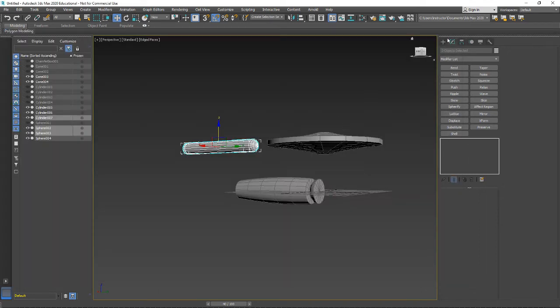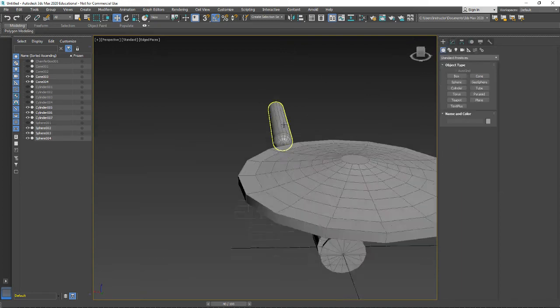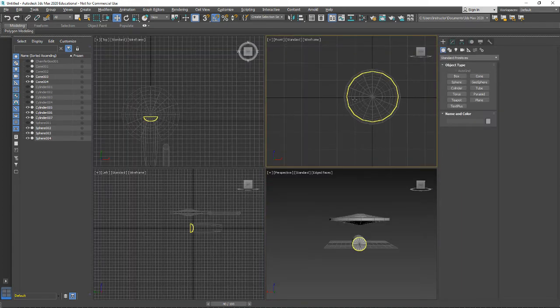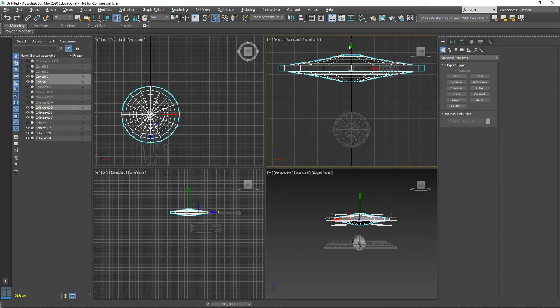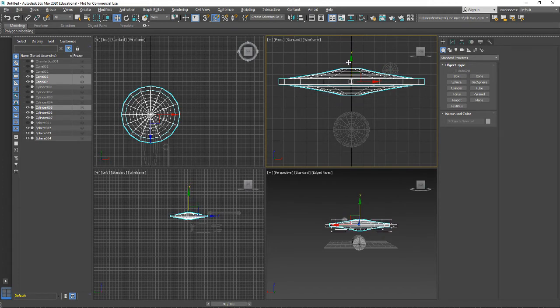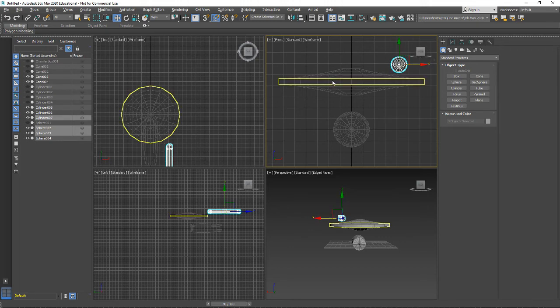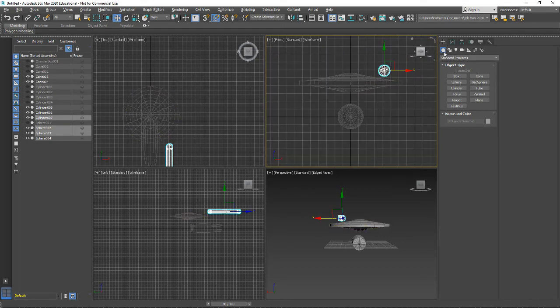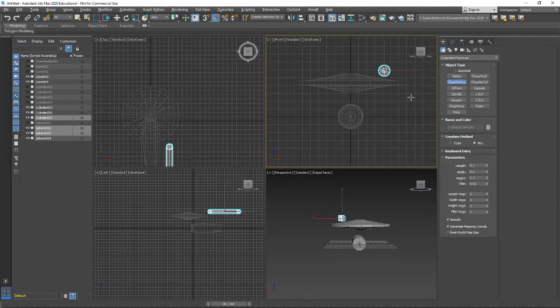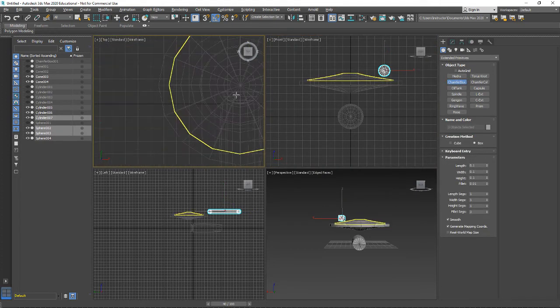If I go back to my create panel, let's get lined up here. A little lower, a little higher. I could do this all day. All right, let's move on. So I'm going to go into my create panel, and where it says standard primitives, I'm going to use the pull down menu and go to extended primitives. And here we have chamfered box, chamfered cylinder, some other cool primitives that you can use to build some cool stuff. I'm going to use a chamfered box,